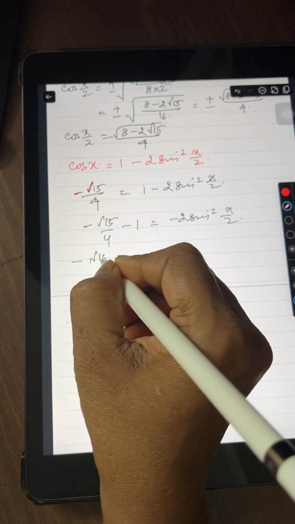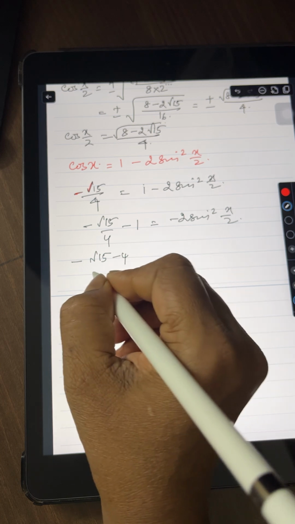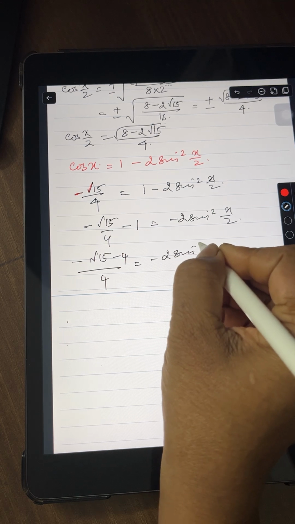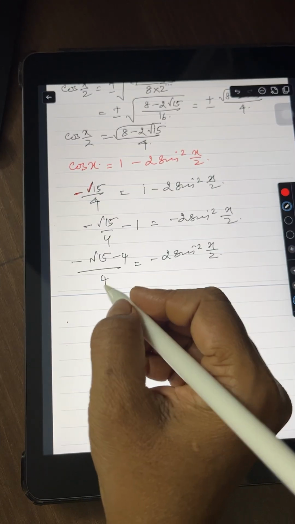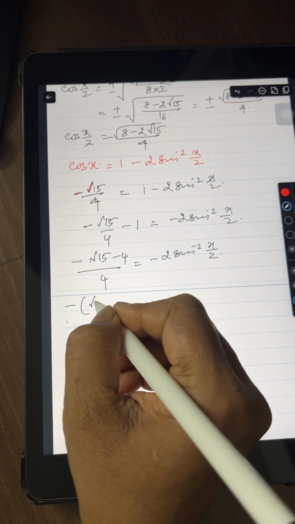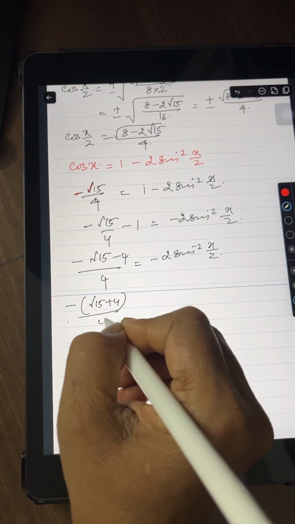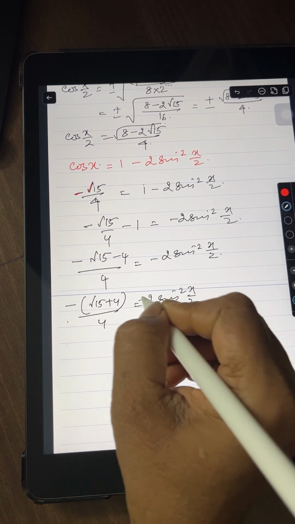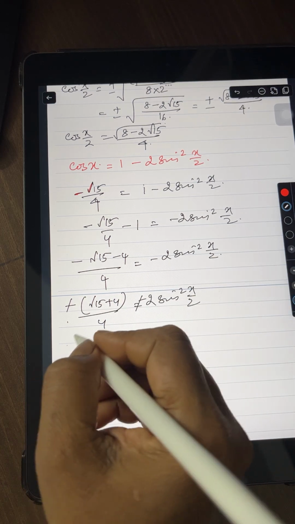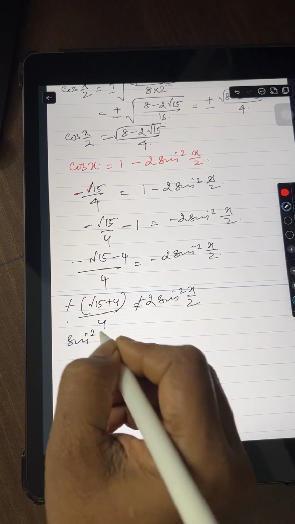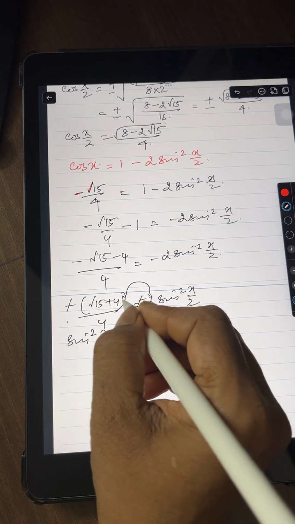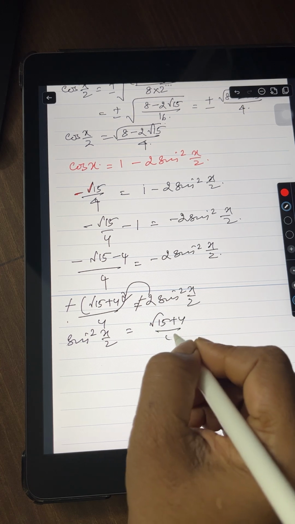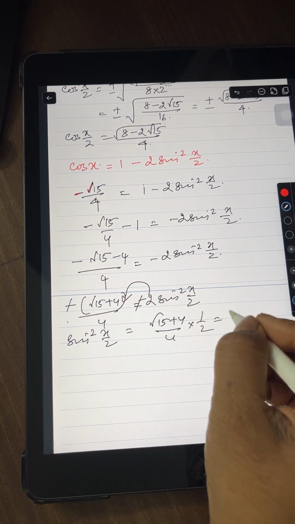So minus root 15 minus 4 by 4 is equal to minus 2 sine square x by 2. Now minus you can take common, root 15 plus 4 by 4 is equal to 2 sine square x by 2. Here also minus will get cancelled. So what will sine square x by 2 be? If this 2 comes this side, it becomes 1 by 2. So root 15 plus 4 by 4 into 1 by 2,